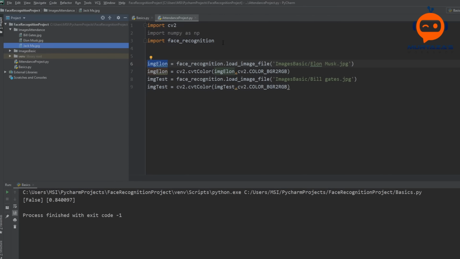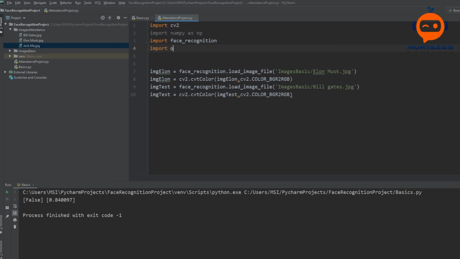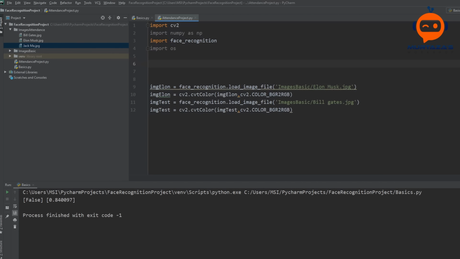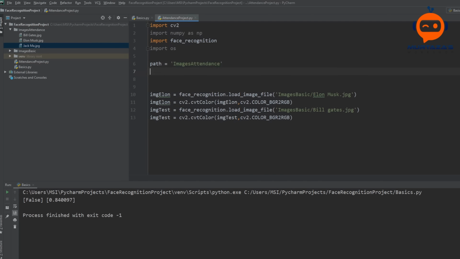So to do that, we are going to use the OS. So we will write import OS, and then we will first import our images. So we will write here path is equal to images attendance, and then we will create a list of all the images we will import.